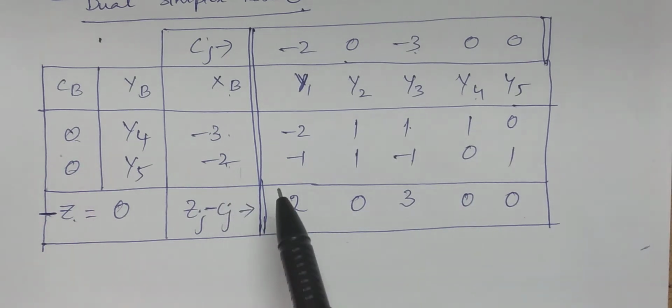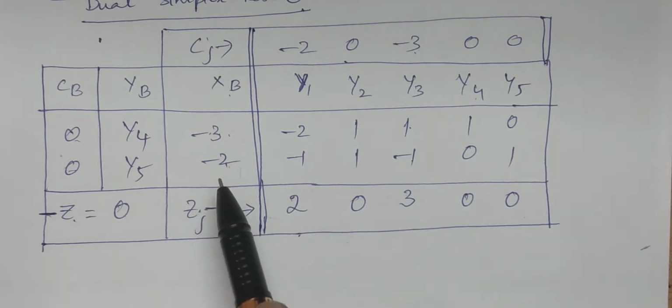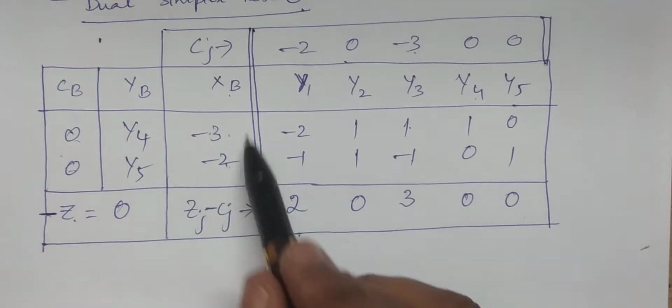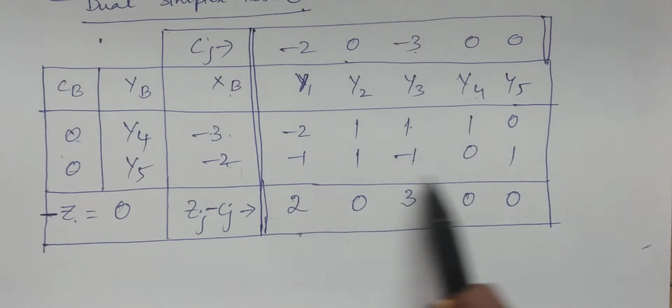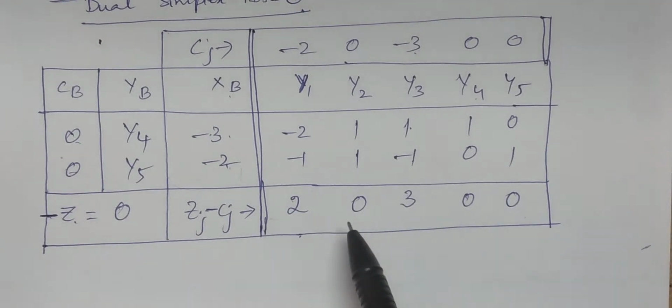Actually in the simplex procedure, we calculate which vector enters. Now here, we calculate first which vector leaves, from the xbi sign. Thereafter, you have to see the Zj minus Cj and calculate the formula, the maximum of Zj minus Cj by Ykj less than 0. That is what you have to calculate. That procedure decides which vector enters into the basis. Based on that, the total element is going to be calculated.